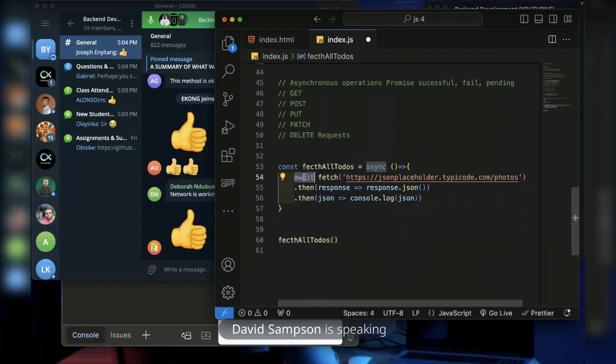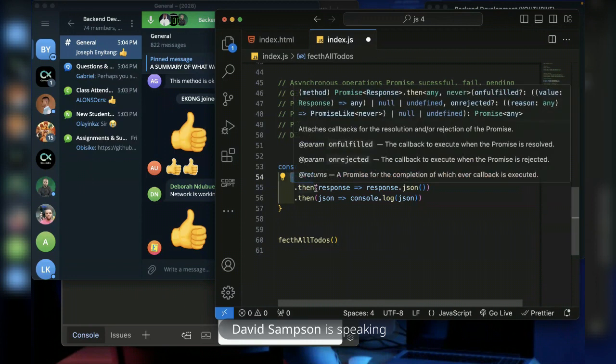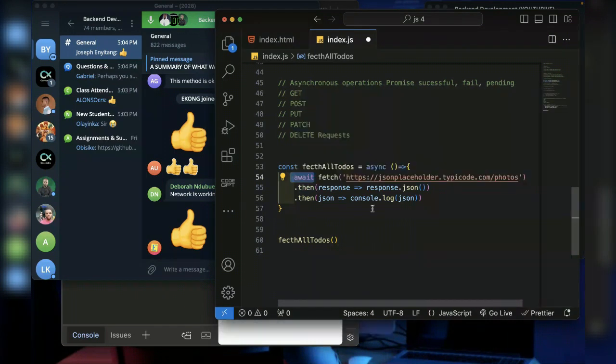So this means that when this function starts running line by line, if it gets to this line, it will wait for this response to come back before it proceeds to the next line to use the response. This will cause a lot of software to crash if you do not indicate that the request function you are trying to use should actually wait, like that. So this is how we make a request.